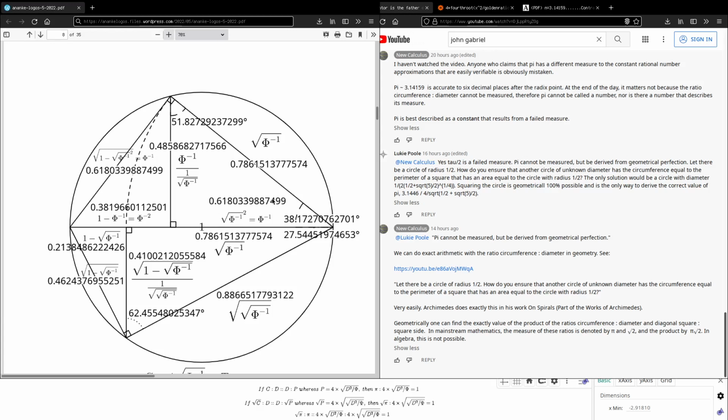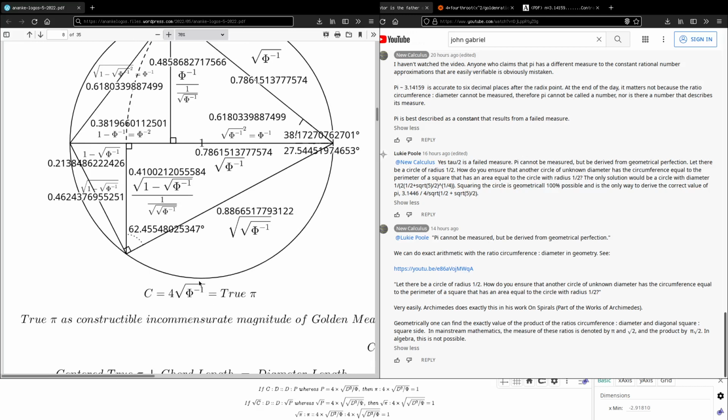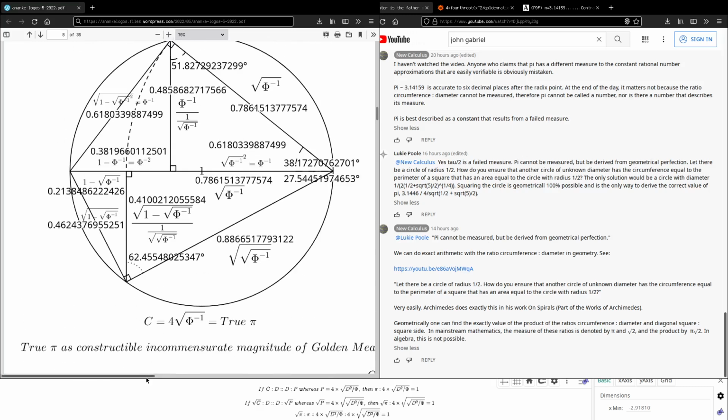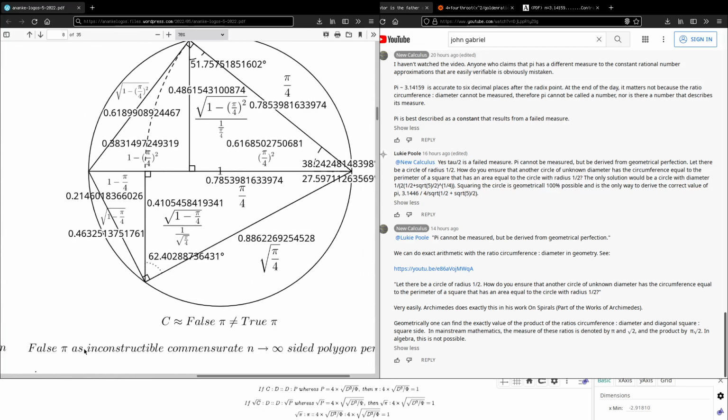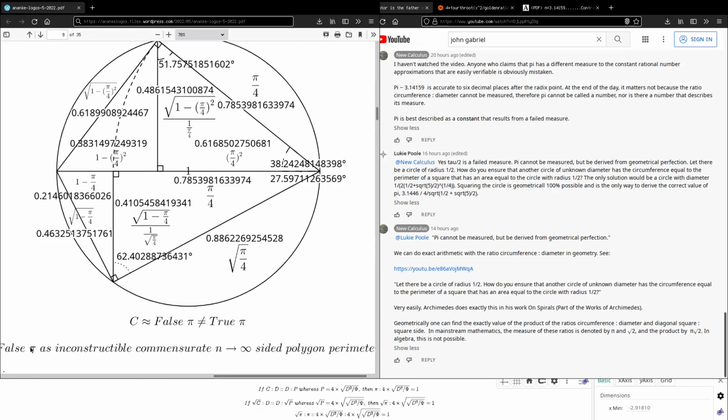in decimal form, if and only if the measure is the value, which is not, but besides the point. And this equals to this, so this length here and this length here is equal if C equals this, but it's not equal to that. For the false C, the false pi as inconstructible, commensurate n equals n towards